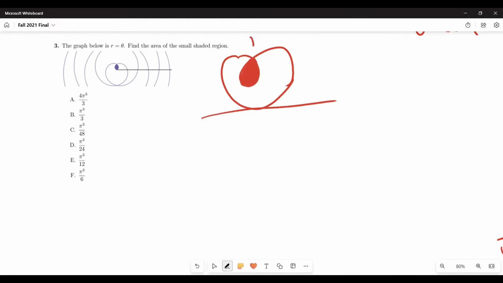And I'm gonna draw a line here. So this is gonna be 0, and this is gonna be pi over 2, because it's the 1/4 of the quadrant. Okay, so if you want to find the area of this region, you have to use the area formula of the polar curve. So A is 1 over 2, from 0 to pi over 2, because it's from 0 to pi over 2 here, and then theta squared, because it's r squared, and then